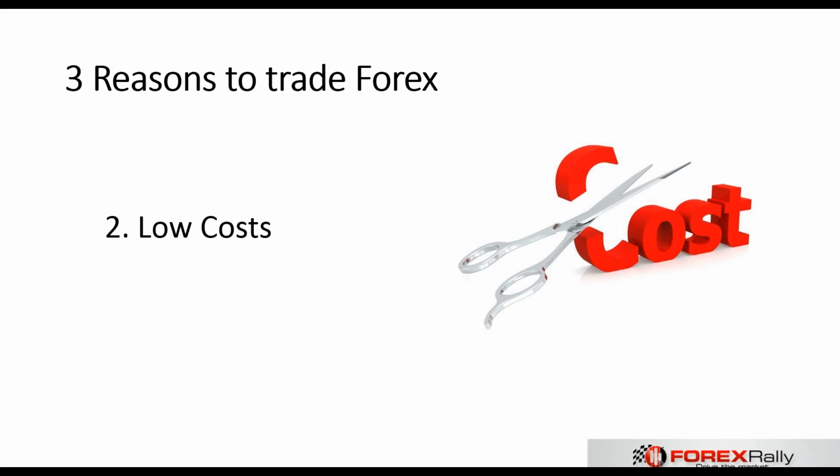I don't know, let's take GBP with the Japanese yen. You'll have around 6 pips of spread, while on euro dollar you'll have 1.2 on a standard account for Forex Rally. Or you'll have 1.6 for a basic account, a bit higher, but it's a fixed spread. Now, this is very important in day trading or in trading with not that much money, let's say.